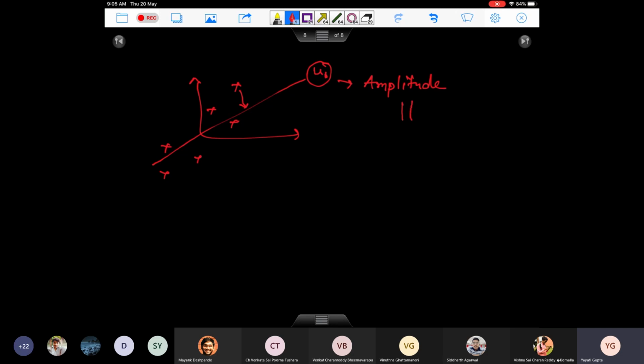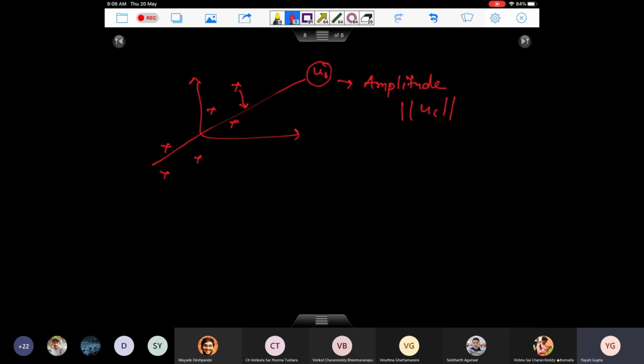And what is the amplitude? It is nothing but the norm of u1. We should not be worried about this norm of u1. What you should be worried about is the direction. If you remember, any vector has two components, the direction and the amplitude. We want to project our data onto one direction where the variance is maximized, so we do not really care about its amplitude. That is another interpretation of why you would want to set the norm of u1 to be 1, just to solve that expression.